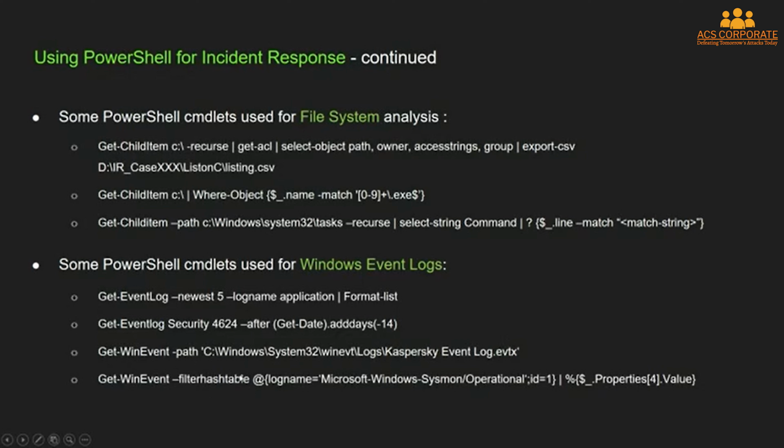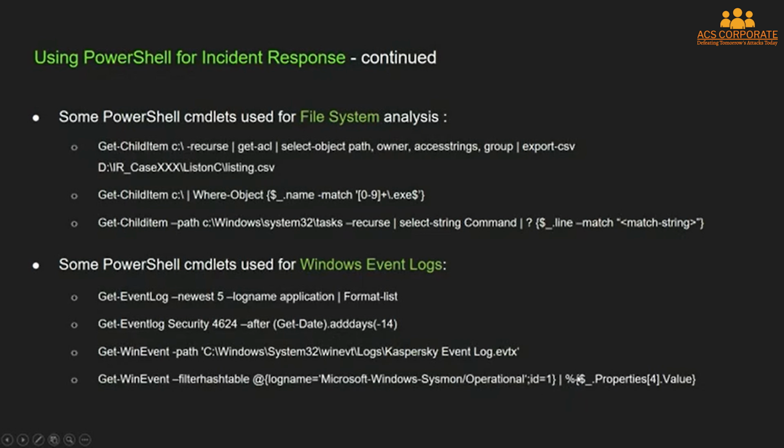A filter hash table is a way that Windows can use in order to show a pair of information, like an IP or machine name, something like that. But in Windows events, it will give you information from whatever Windows events you would like to show. In our case, we are showing Sysmon events where I need to find an ID number 1, right? And